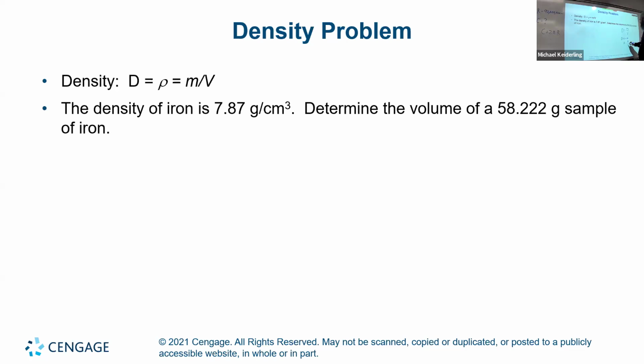Volume equals mass over density. So, knowing that volume is equal to mass over density, we can do 58.222 grams divided by 7.87 grams per cubic centimeter. And that will give us